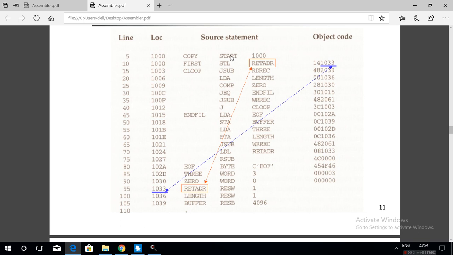Next, the second column is the mnemonic opcodes. Mnemonic opcodes can be classified into two types.